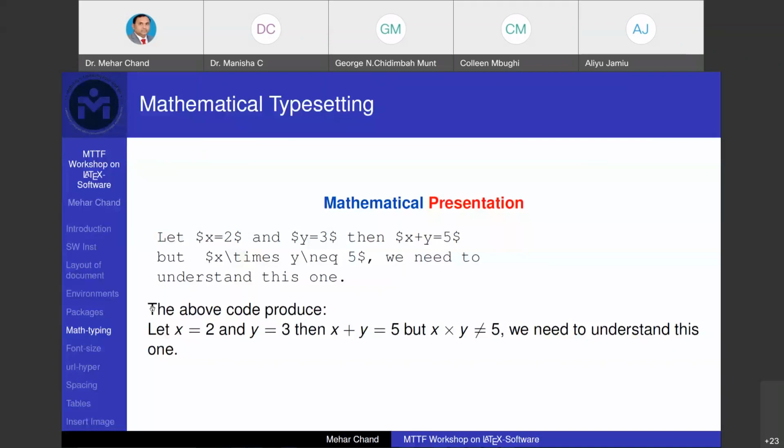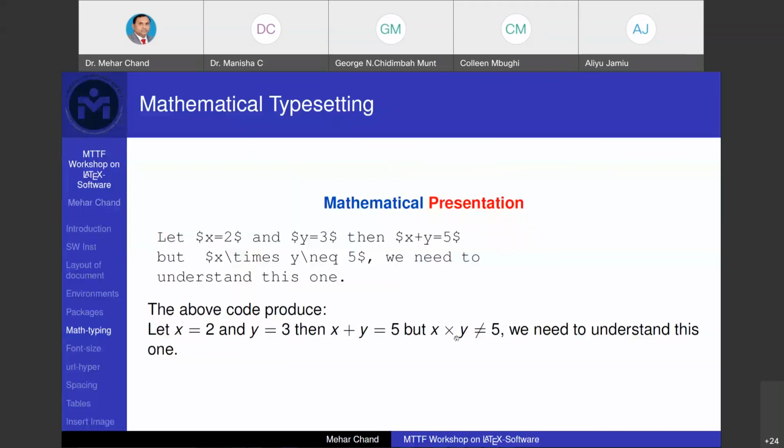When we execute this code, the output is: let x is equal to 2 and y is equal to 3, then x plus y is equal to 5. But x into y is not equal to 5, we need to understand. So this is the required output format.